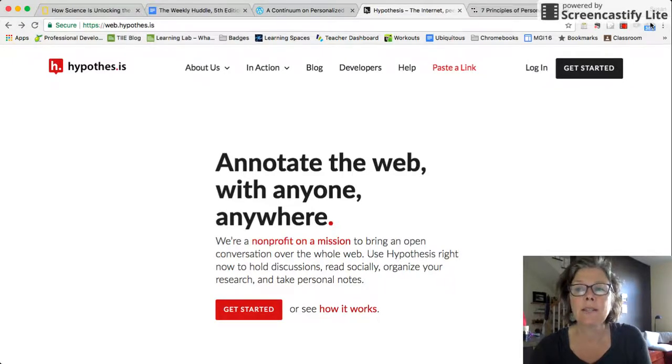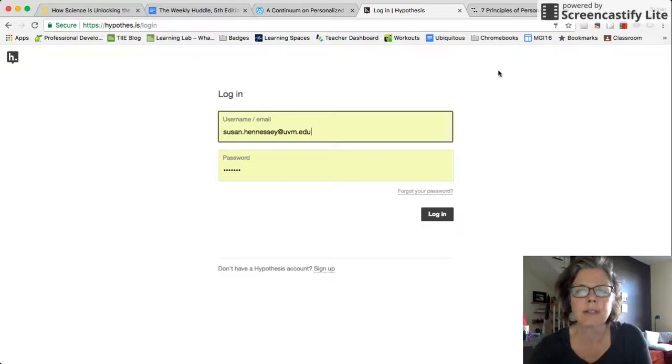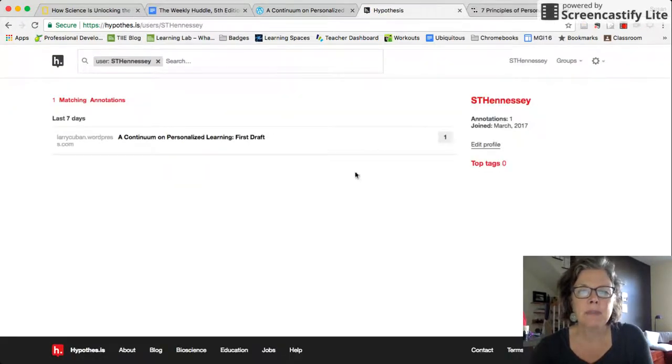So I can activate this whenever I want to highlight and annotate an article that I'm reading on the web. Okay, so you could go to the Chrome store and look for the extension and add that in Chrome if that's the web browser you're using, or you can just come here, but you have to create an account first. So let me go ahead and log in, and it takes me to my dashboard page,